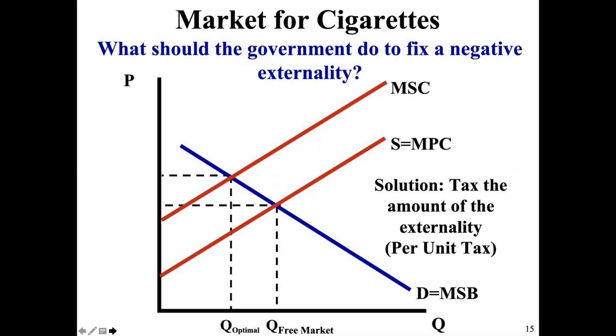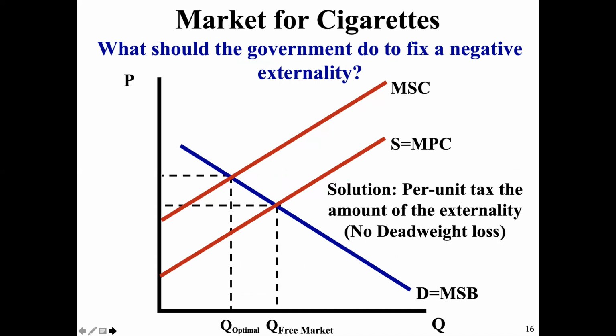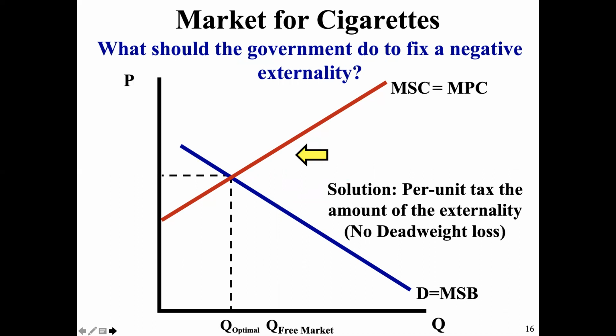So we want the government to put a per unit tax on the production of cigarettes here that is equal to the externality. If we do that properly, we're going to shift the marginal private cost curve up so that the marginal private cost curve with the tax is equal to the marginal social cost curve. And if that's the case, the firms would then produce less, and our socially optimum output would be achieved